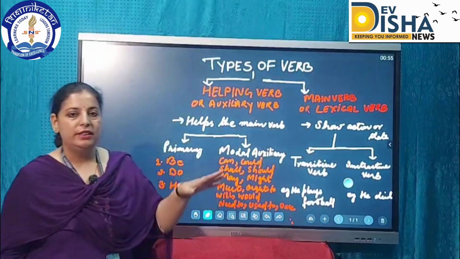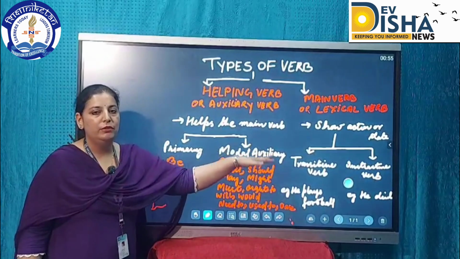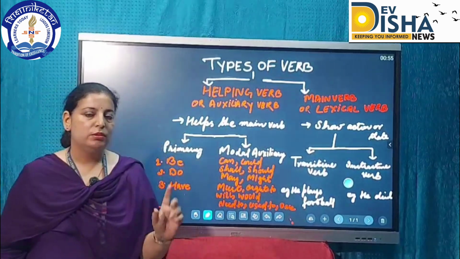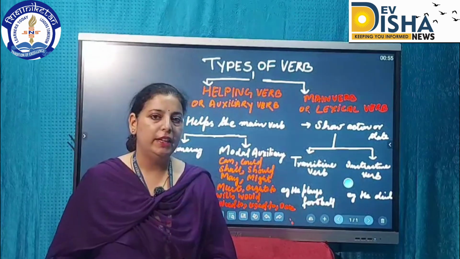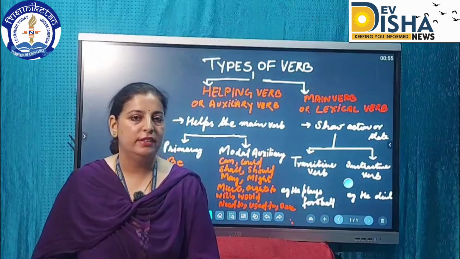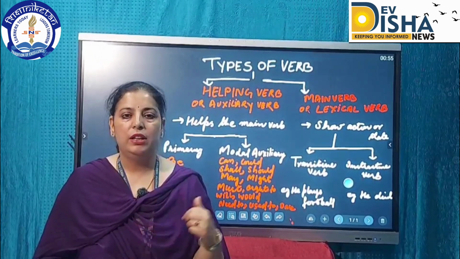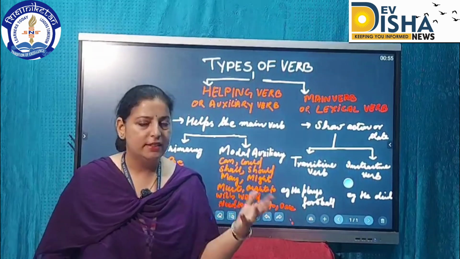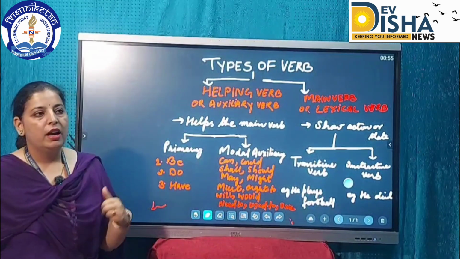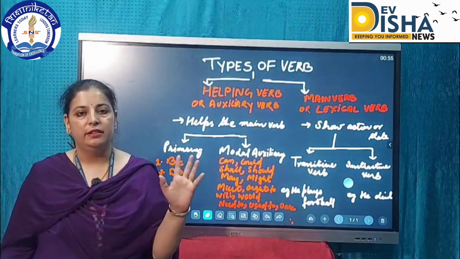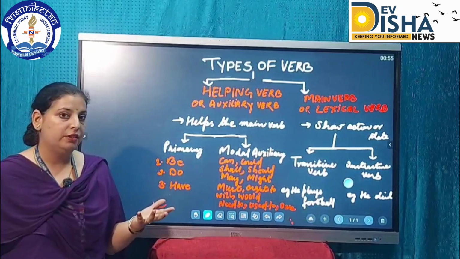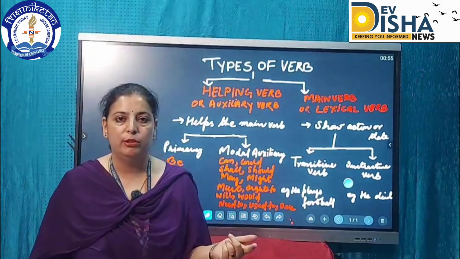The second most important distinction between main verbs and helping verbs is that helping verbs always help us make negative and interrogative sentences. We can't make negative or interrogative sentences without the usage of a helping verb. Let us take some more examples, like I play football daily. That is my hobby and I express it with examples like I play football daily.